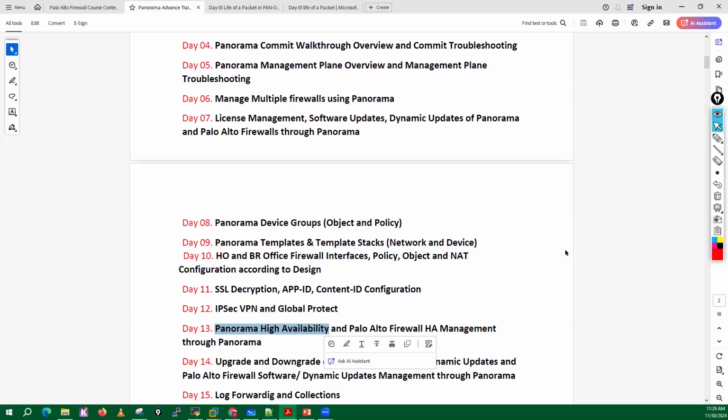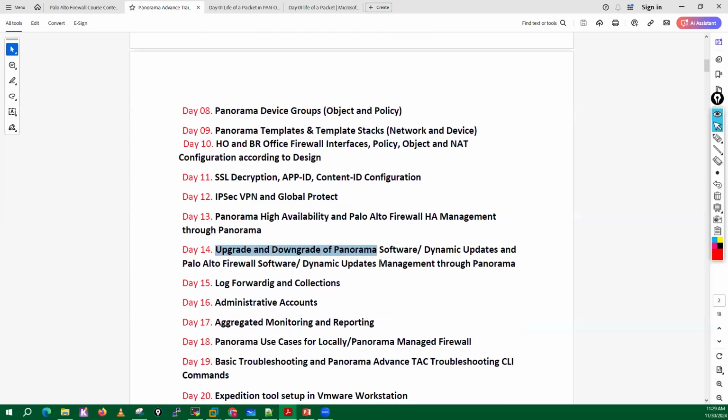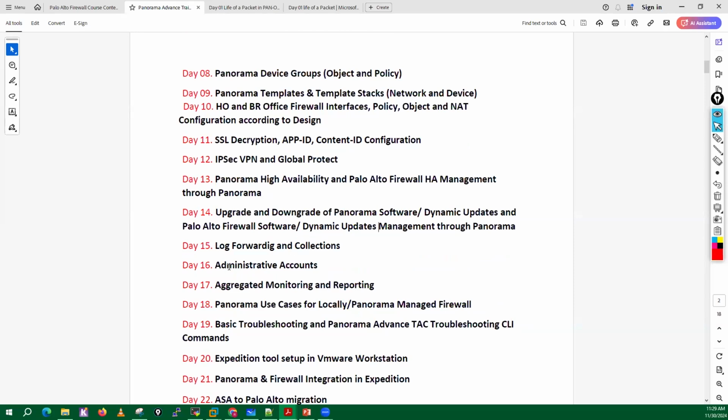We will see the Panorama HA. So guys, in Panorama, I am going to deploy two Panoramas as an HA pair, and I will deploy two Panoramas as a log collector. So it's a very nice lab which I'm going to create with regards to Panorama. Then we will see the upgrade and downgrade of Panorama and your firewalls, how we can install the software updates, everything. Then log forwarding and collections, administrator accounts, aggregate monitoring and reporting, Panorama use case, like how we can basically,